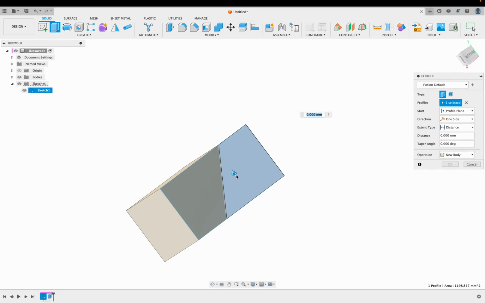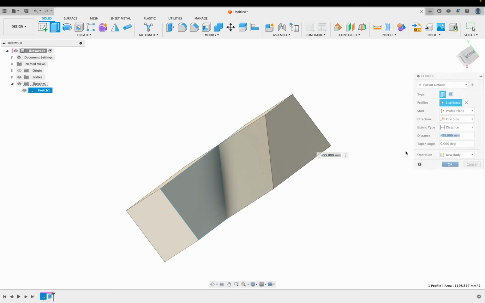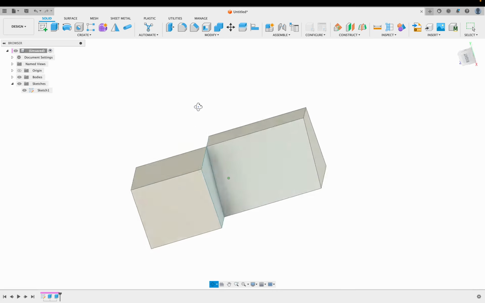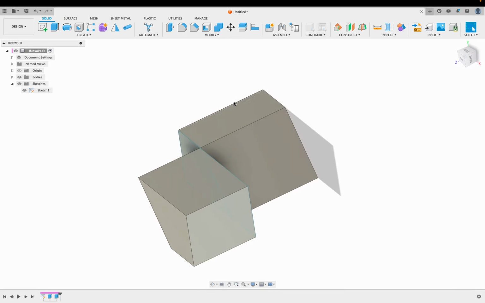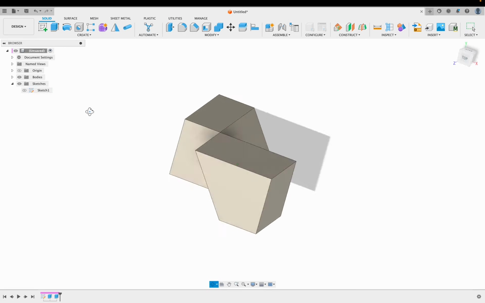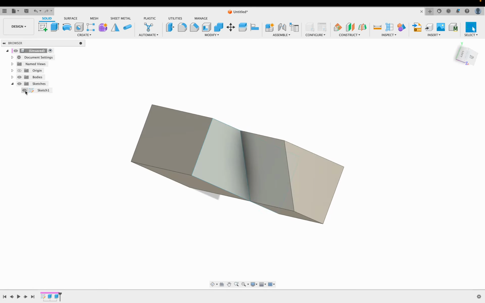Let's finish that extrusion to the other side. Now, I have two extrusions towards different sides from the same sketch. I can hide that sketch or unhide it. Now let's go back